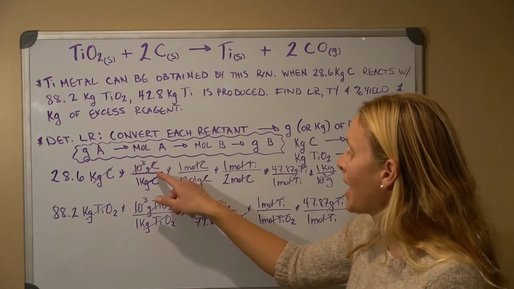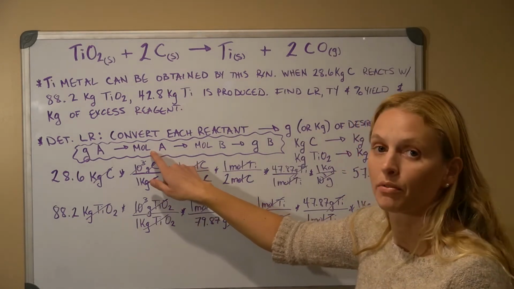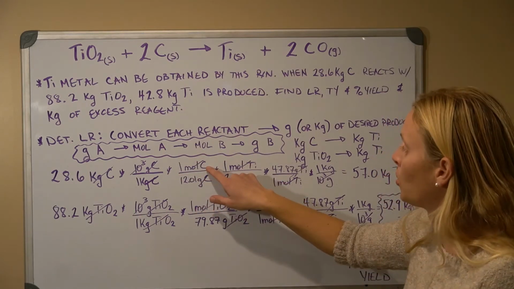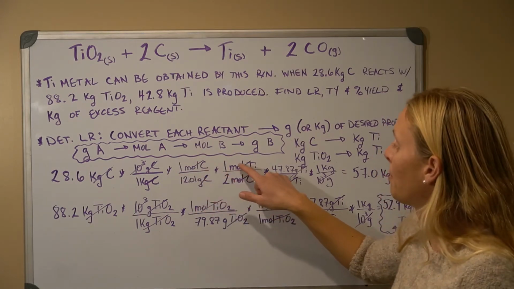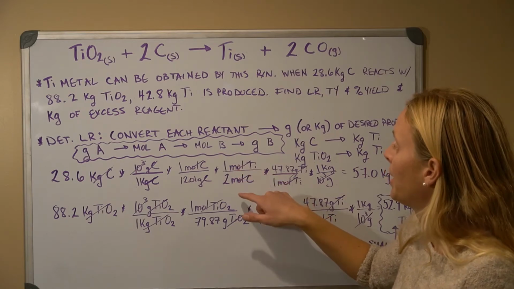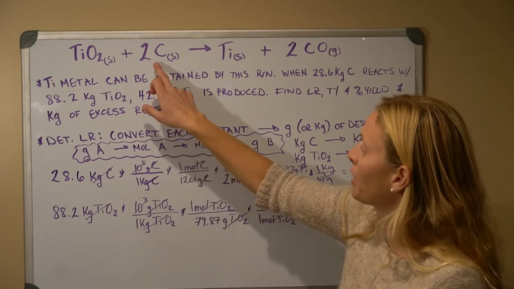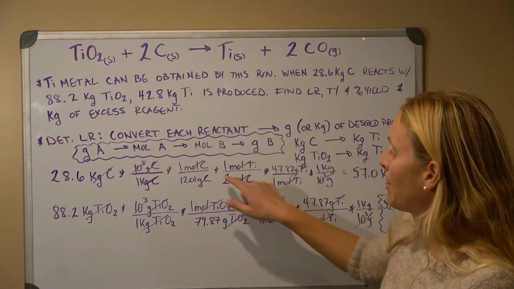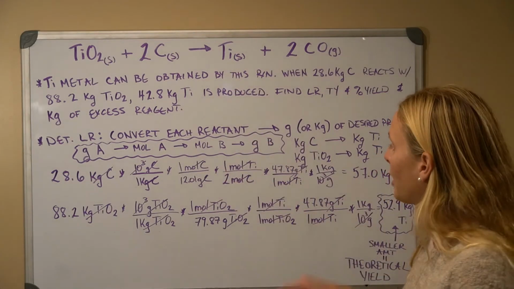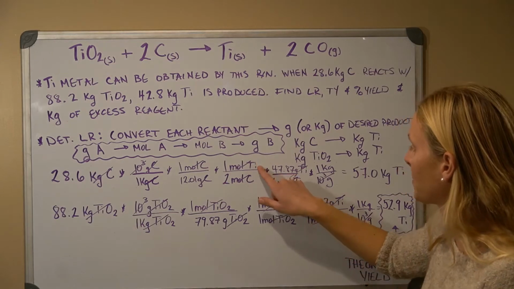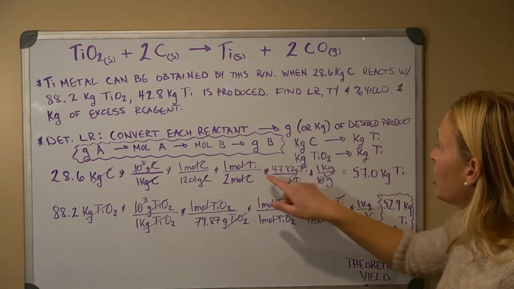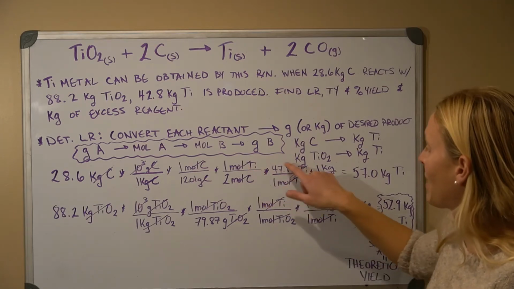I'm still in mass, and I need to get to moles, so I use the molecular weight of carbon. Now I'm in moles of carbon, and I can use the mole ratio from the equation, going from 2 moles of carbon to 1 mole of titanium. Now my moles of carbon cancel and I'm in moles of titanium. I want to get to mass of titanium, so I'm going to use the molar mass of